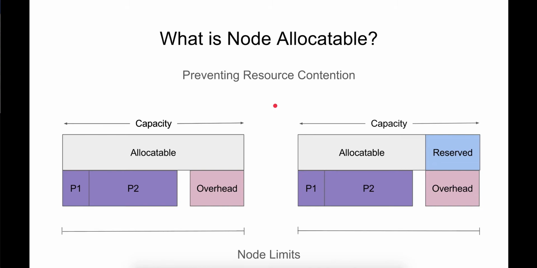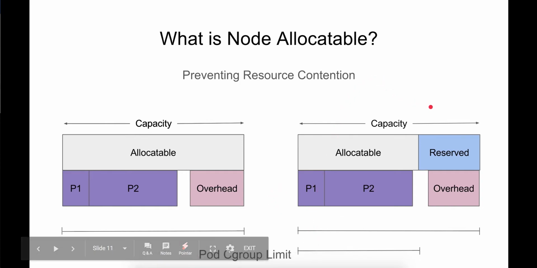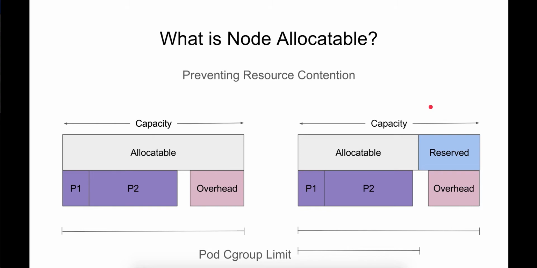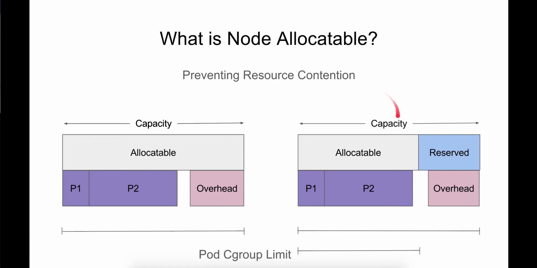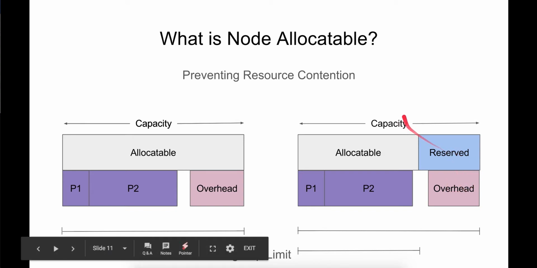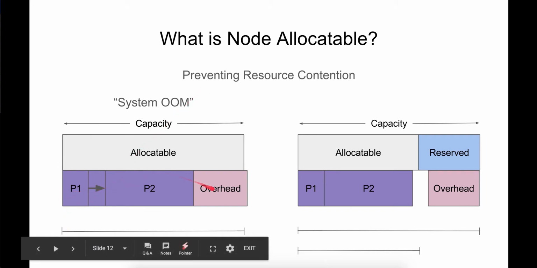So the way that we enforce that we limit resources in Kubernetes is using C groups. So I'm denoting the node limit with these brackets, and then there's also pod limits, which is introduced as a C group here and has the same limit as allocatable. So we've introduced this extra C group here, and what we'll see is that, at least in this case where overhead is less than we reserve, over here, if pod 1 uses more memory, what you end up with is